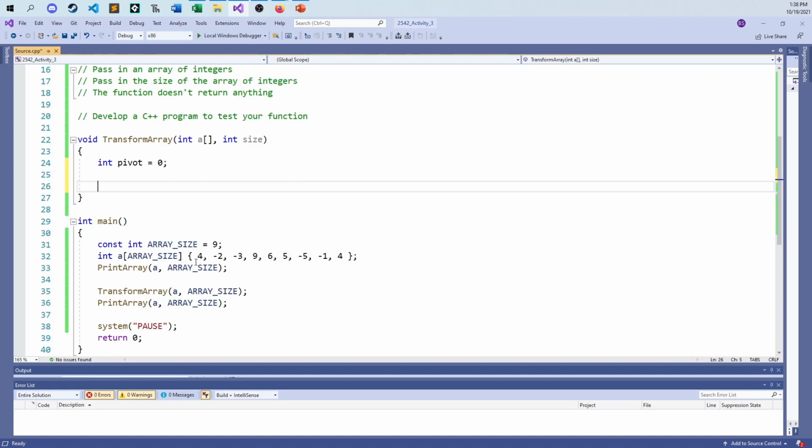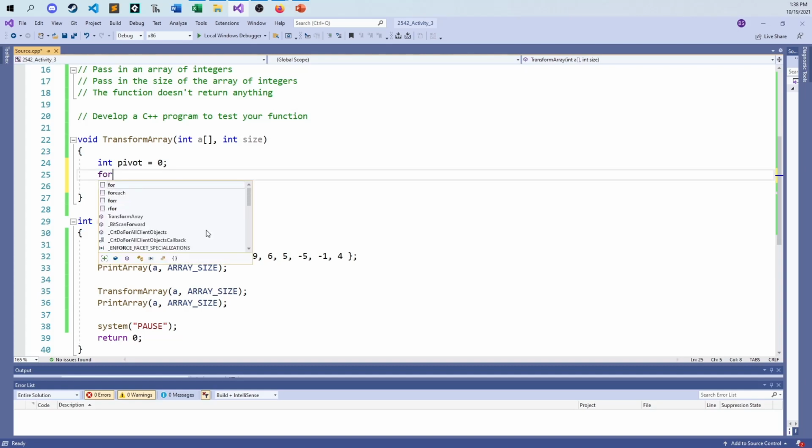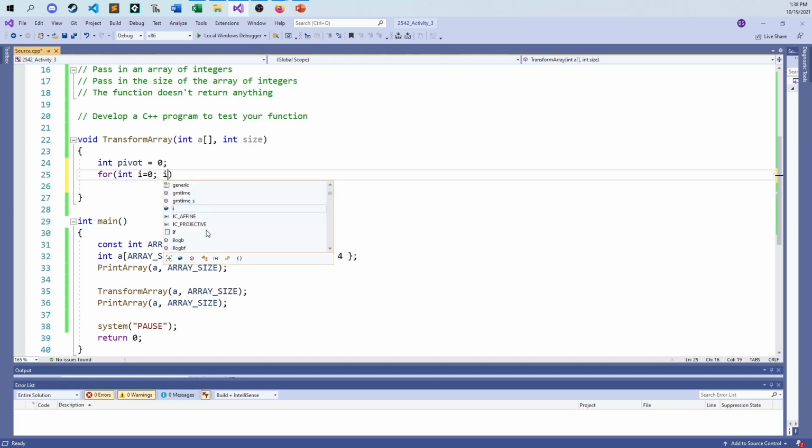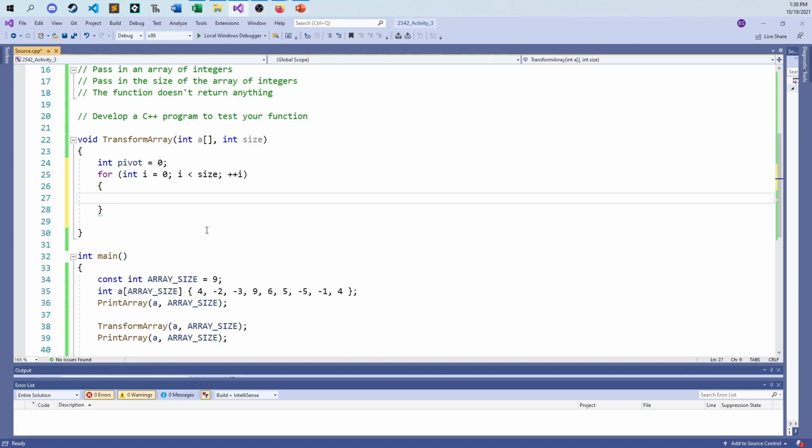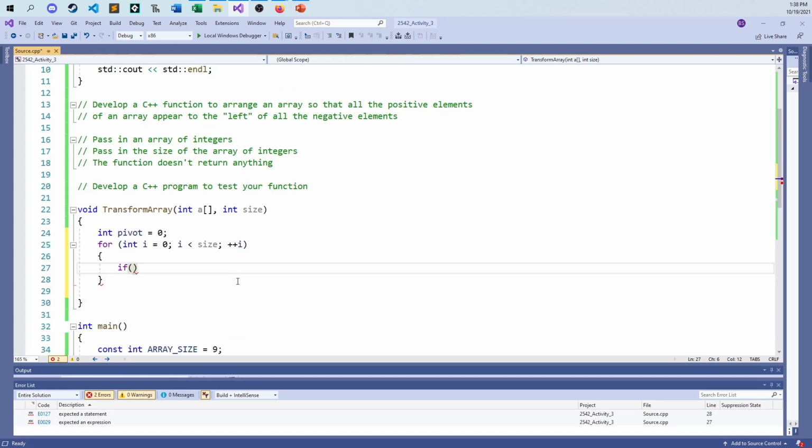So I have this working for me. If I find a negative value, it should go into the 0 position, and we should just swap it out. And let's just see what happens. If I just go ahead through here, and I say, okay, I have my pivot position, and a for loop here. Start at the 0 location, go up to size, but not including, as always. Go in here, and say, okay, I just want to make sure I do this right here. Put all the positive elements to the left. So if a at the I element is greater than or equal to 0, because 0 is a positive value in computer science,